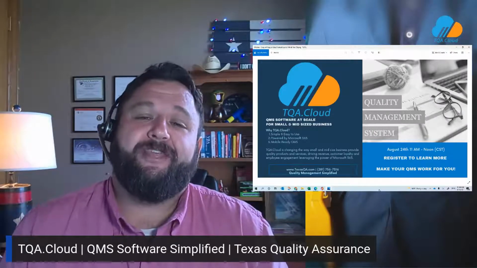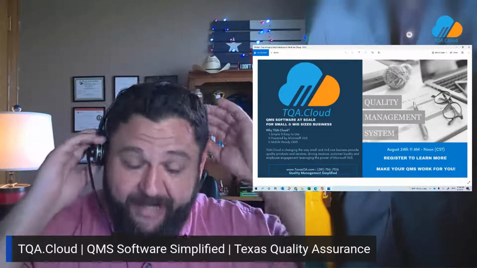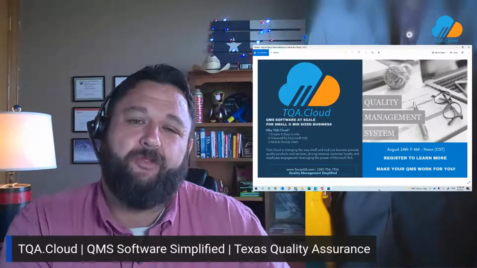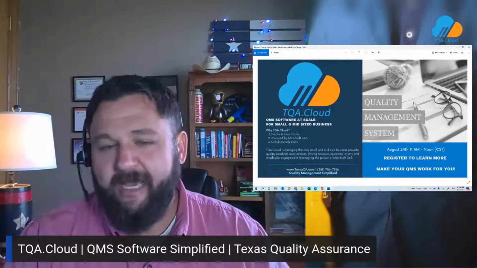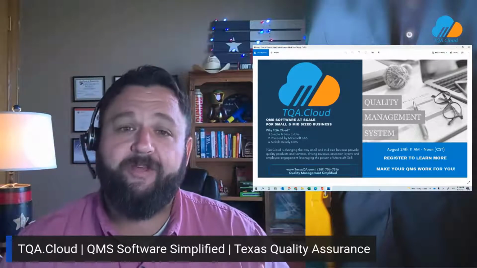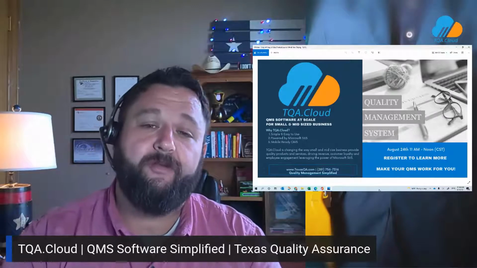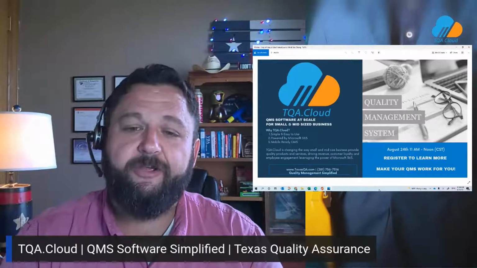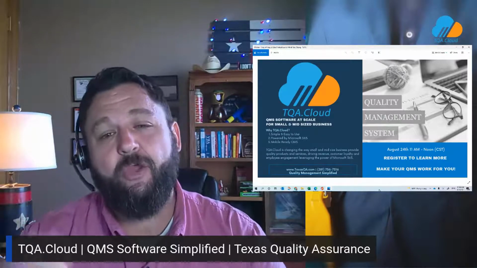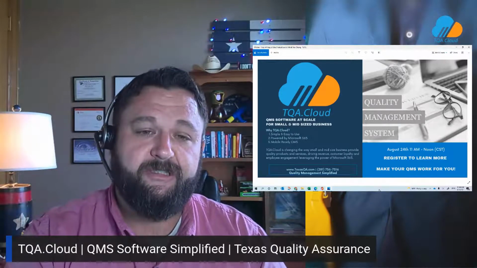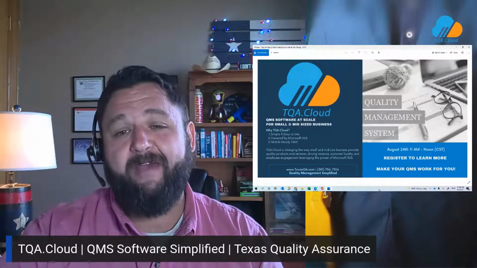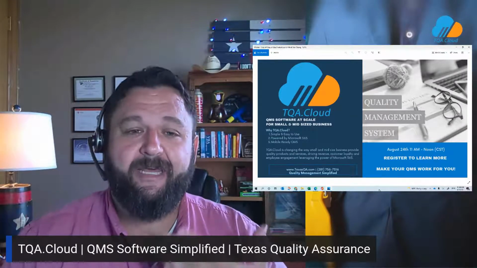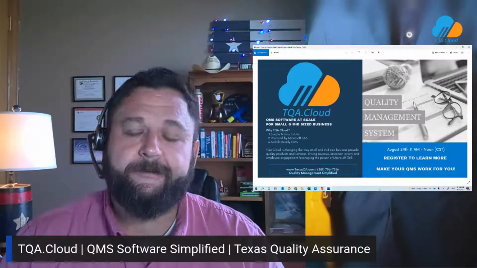We've all had the experience with the ERP solution where you just have to work your business around the way the software operates. That has been something we've wanted very strongly to avoid from day one. So TQA Cloud is very simple, very intuitive, easy to use. And again, we utilize the tools and services that you already have in place in your organization to make certain that it's easy for user engagement.